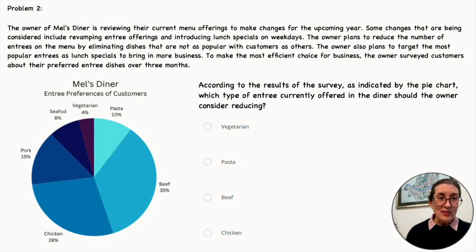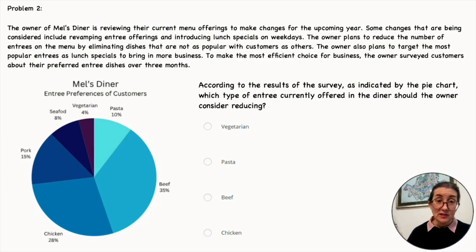Problem number 2. The owner of Mel's Diner is reviewing their current menu offerings to make changes for the upcoming year. Some changes that are being considered include revamping entree offerings and introducing lunch specials on weekdays. The owner plans to reduce the number of entrees on the menu by eliminating dishes that are not as popular with customers as others. The owner also plans to target the most popular entrees as lunch specials to bring in more business. To make the most efficient choice for business, the owner surveyed customers about their preferred entree dishes over